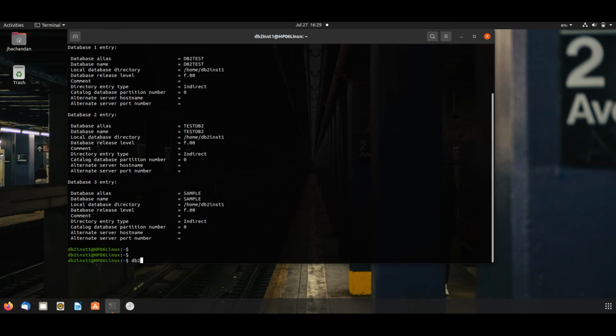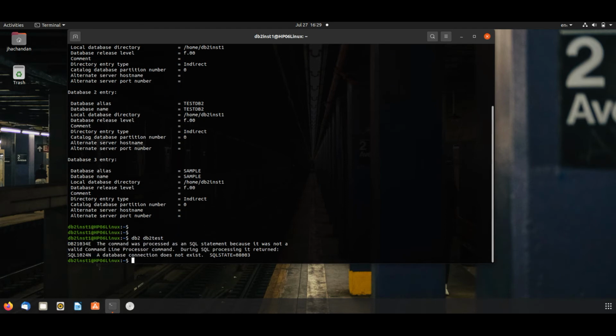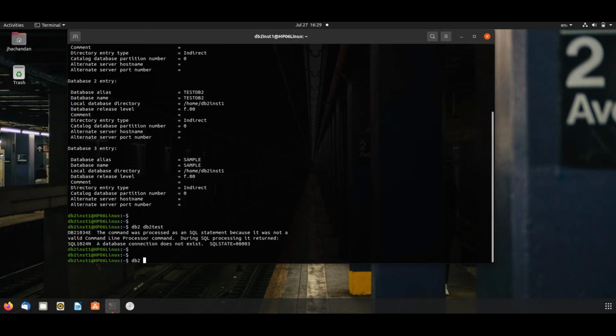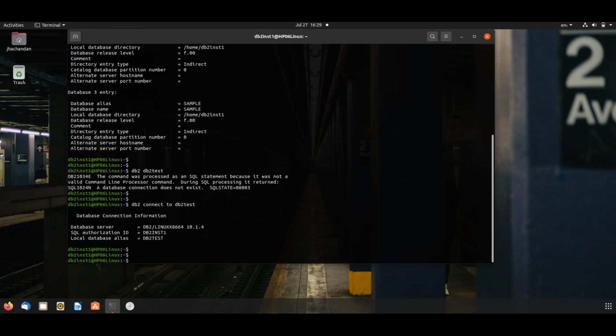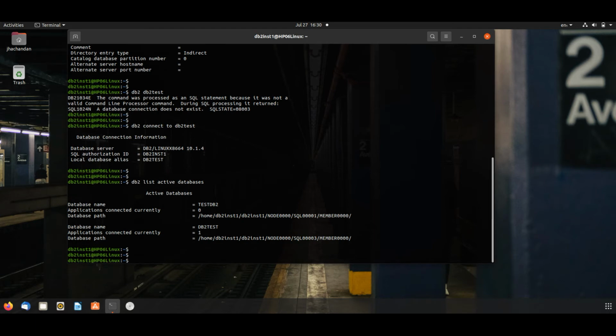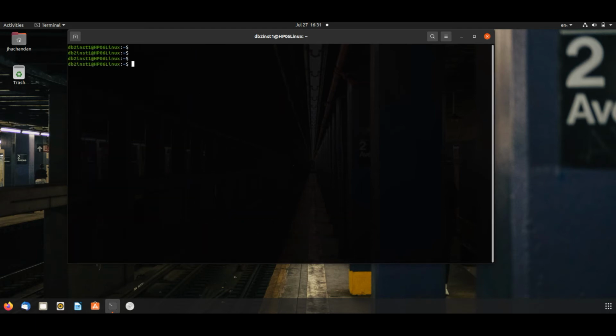Let us connect to this db2test. Sorry, db2 connect to db2test. db2 list active databases. Now moving on to the next command.